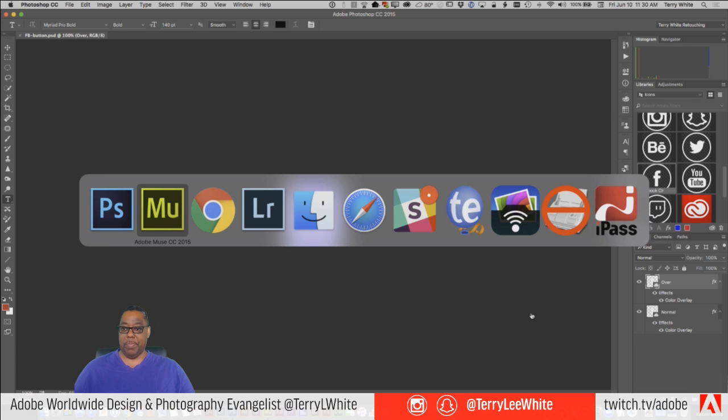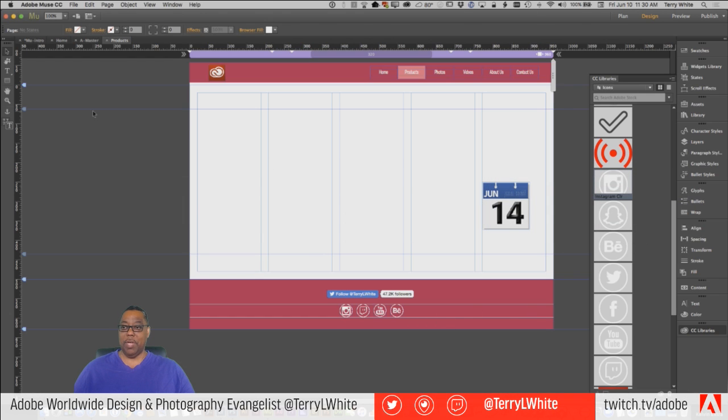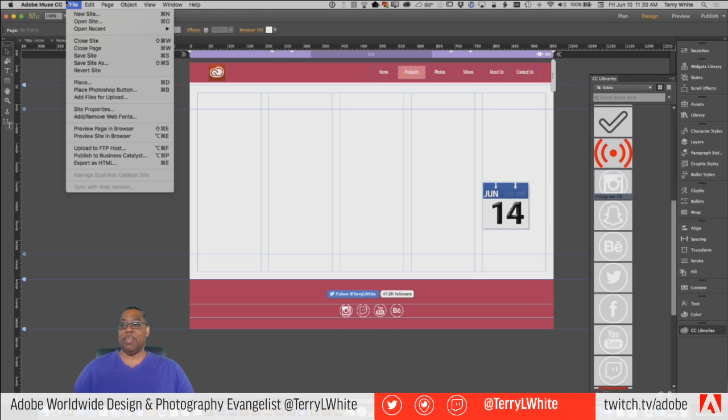And now that we saved out that PSD, we'll come back to Muse, and we'll do a place, but this time we'll do a different kind of place. And this is the special place for placing Photoshop buttons. So how does this work? The way this works is you go to your file menu, you say place Photoshop button.